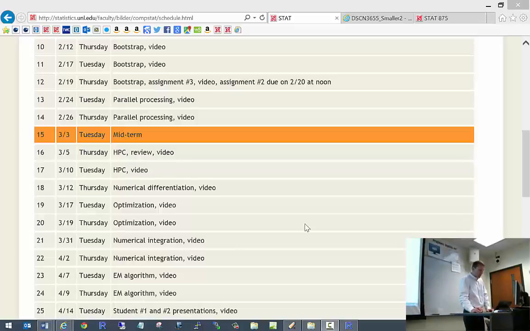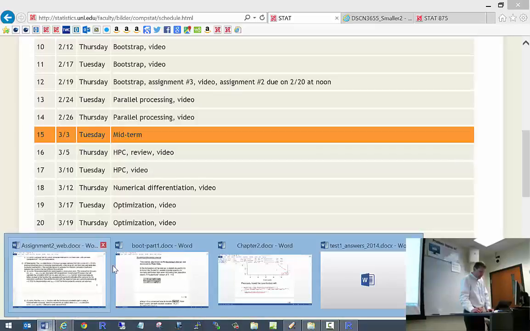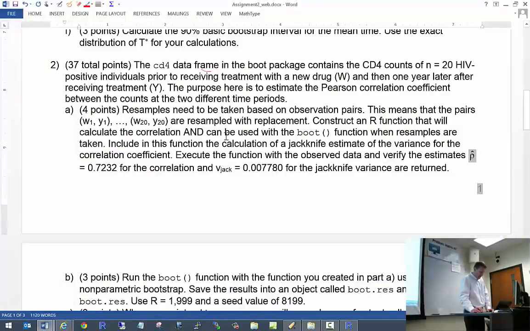Okay, so let's take a look at problem number 2 quickly. Just want to make sure that there's no misunderstandings about what problem number 2 is discussing or how to do it. So this is a frequently used data set. It's a data set of CD4 counts, I guess. Problem number 1, when asked to evaluate the probability of any seed for